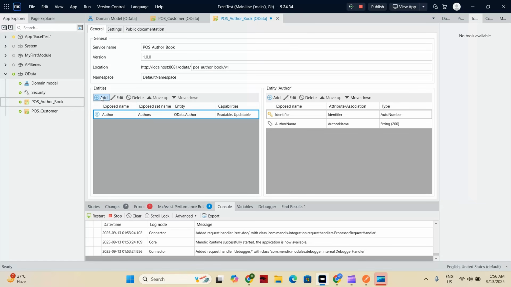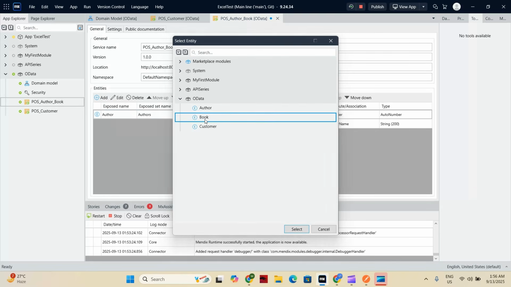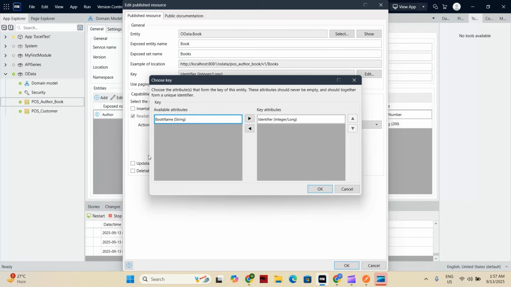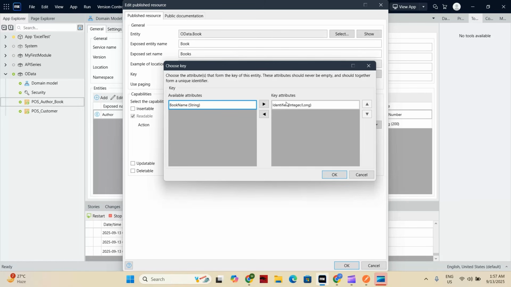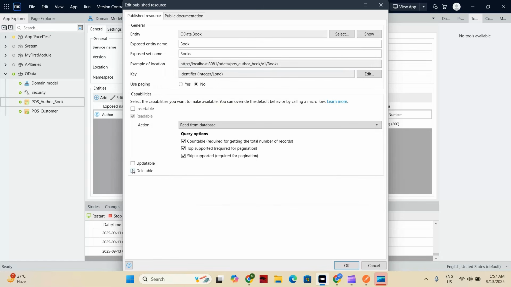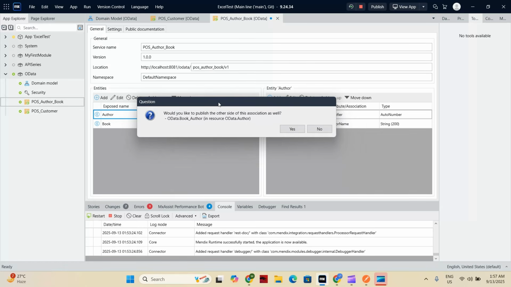and add another entity. Select your book entity, and for this I'm selecting key attributes identifiers. Click OK and I'm selecting updatable and keeping it by default. Click OK. After clicking OK on association entity, we will get a pop-up, click on yes,